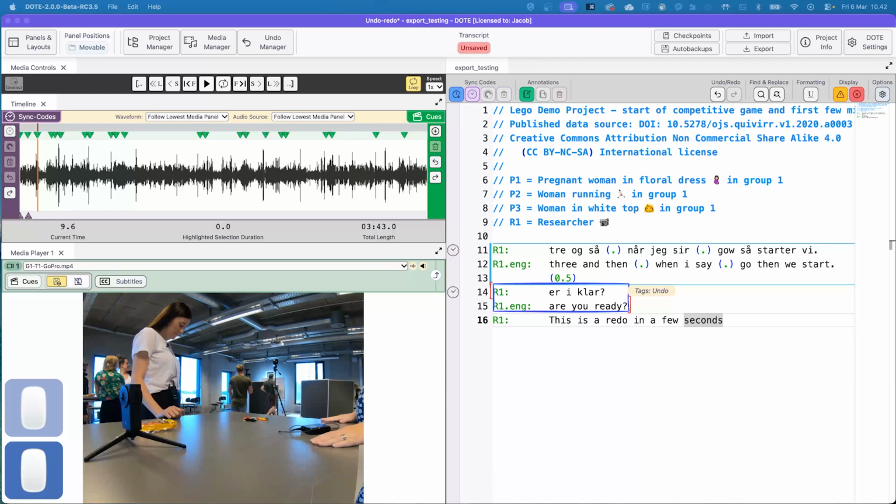Hi and welcome to this tutorial on how to undo and redo actions in DOTE 2.0. This is a shiny new thing in DOTE 2.0, and we're really proud to present our undo manager to you, the community of researchers and users of DOTE. This morning I've just been doing a bit of transcription, and we want to showcase how you can